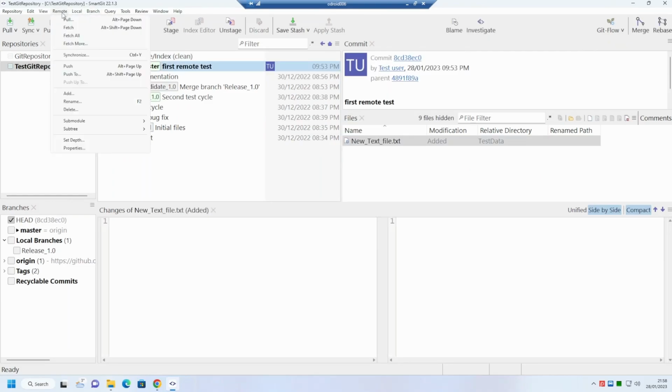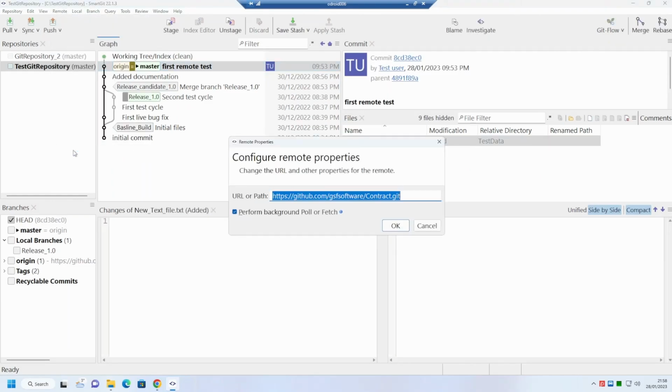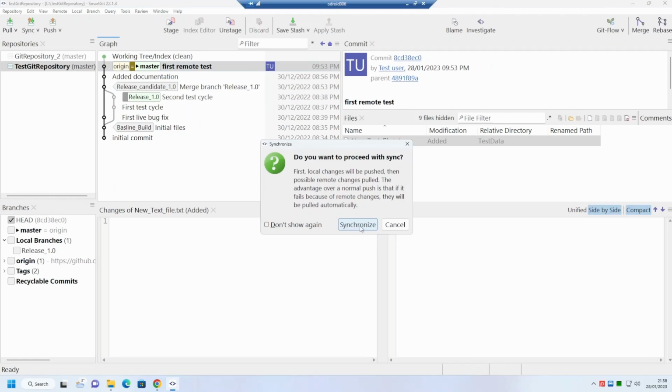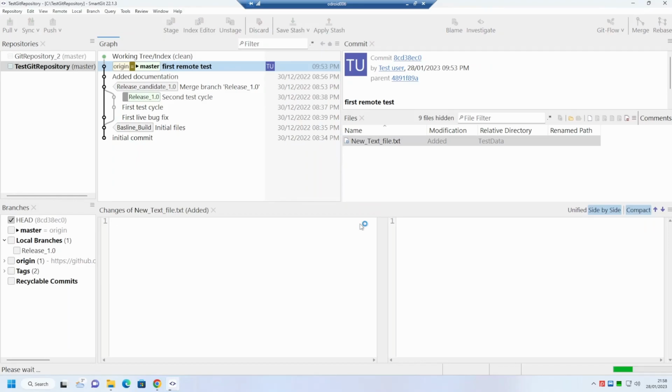You can always use the Remote Properties option to see the URL of a remote repository. If there are multiple developers working on the same GitHub repository, then the sync button is very useful, and it first pushes local changes, then attempts to pull down from GitHub any remote changes, thereby updating your local repository with any changes other developers have made.